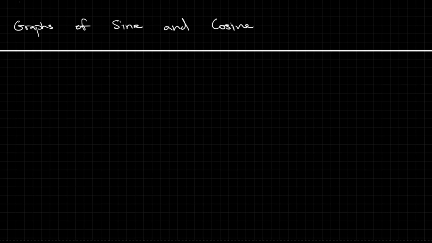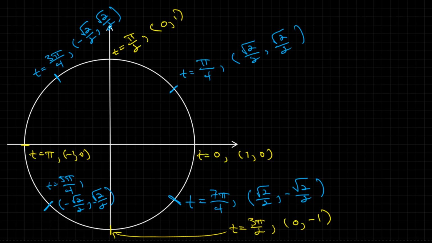In this sequence of videos, we're going to discuss the graphs of the sine and cosine functions. Now, whenever you have a function that is relatively new and you want to sketch the graph of it, a reasonable thing to do is to create a table of the inputs and the outputs of that function. So that's exactly what I'm going to do, and what I'll need in order to do this is a reasonable